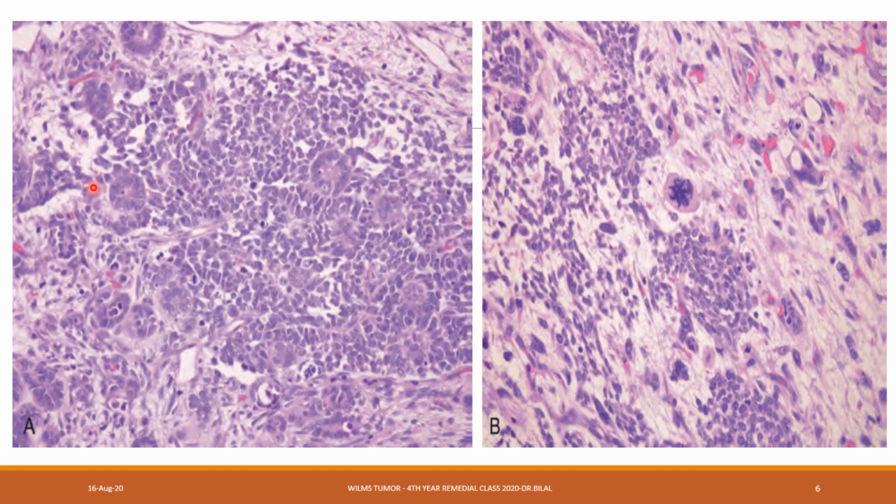Now the epithelial component is when the tumor tries to make some structures, like these tubule-like structures that are being formed here. Okay, the ones I've pointed to right now with the pointer. These have large cells with some cytoplasm and large hypochromatic nuclei with increased nuclear to cytoplasmic ratio. The second component is this, which is known as the blastemal component.